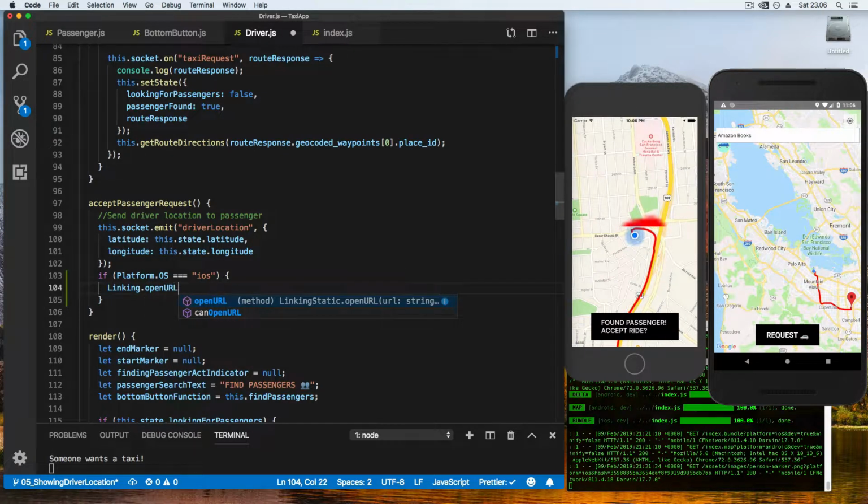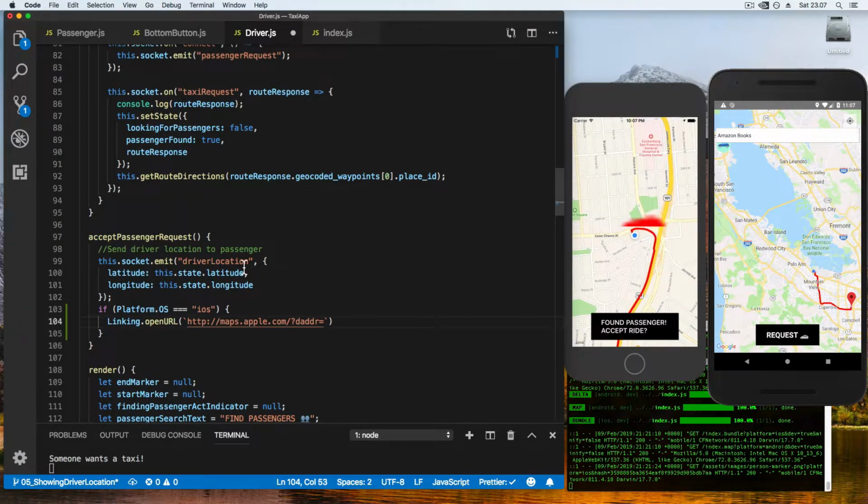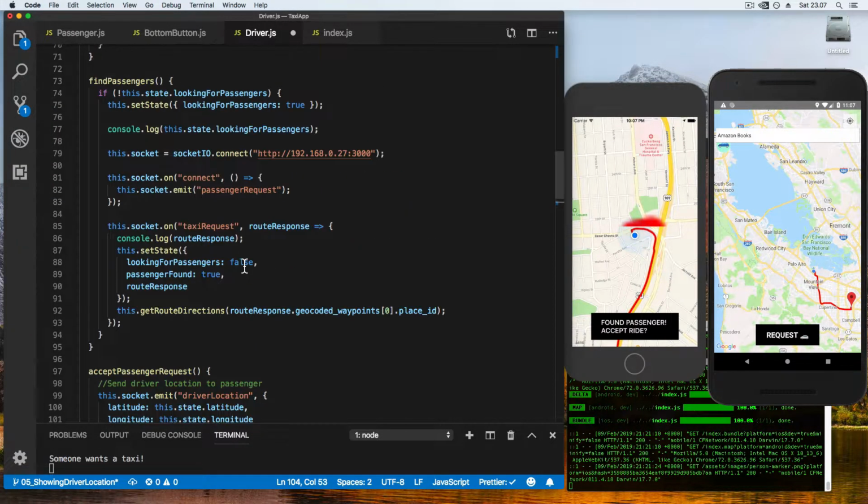So open URL and we'll say http maps apple.com/ with the address with the coordinates of the passenger. So let's see, we should be having the passenger